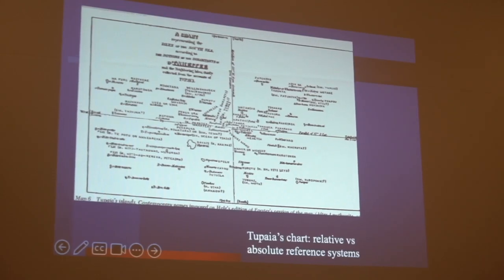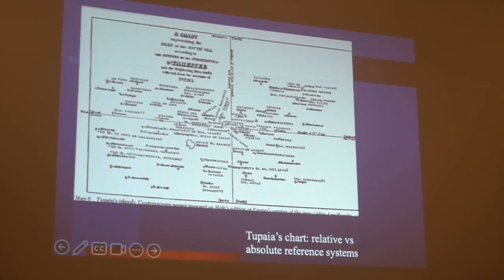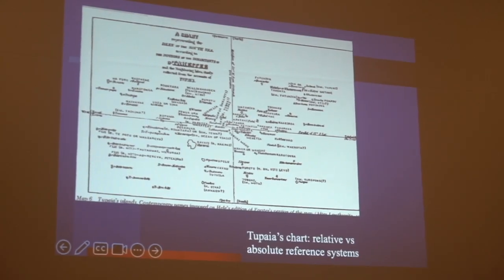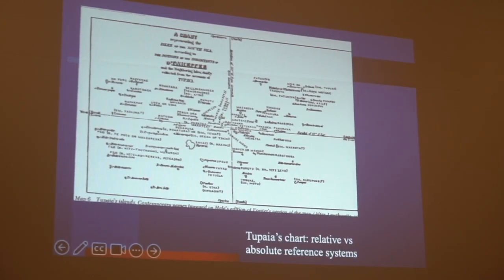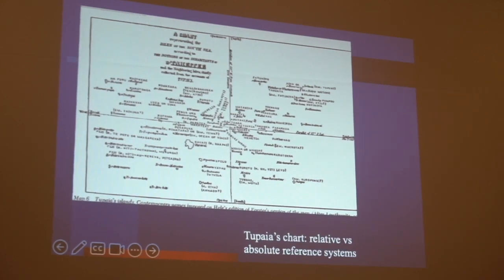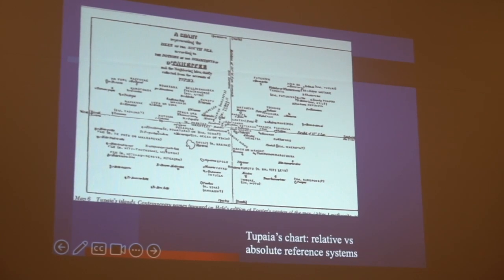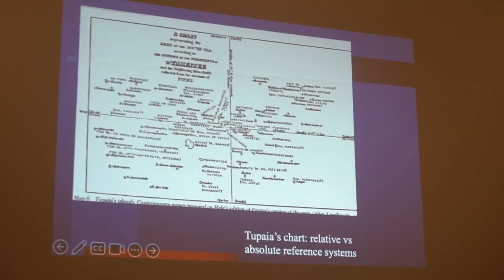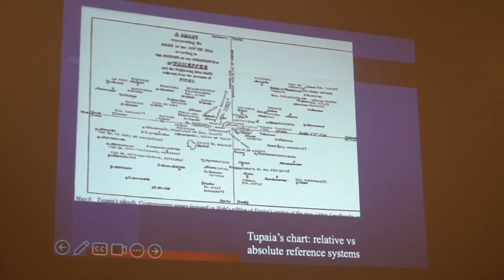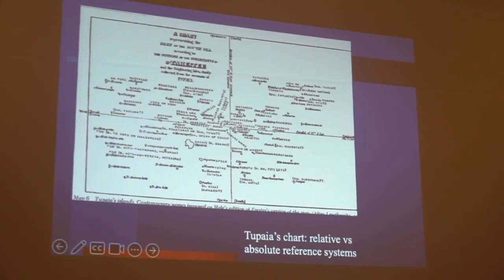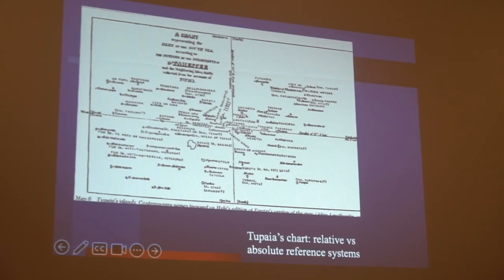It was either guys that went fishing and didn't make it back home, or people drifting from one island to the other, or accidental voyaging. Cook himself thought that these people actually were navigators, or had been navigators, and knew what they were doing. He didn't know what to make of Tupai'a's chart, as no one did, but then in the early 1970s, anthropologists began to start doing field work on islands that had not been contacted, or not been heavily influenced by European contact, in places like Tikopia or Satawal or Pulawat,